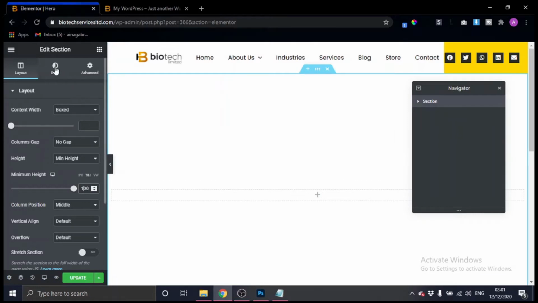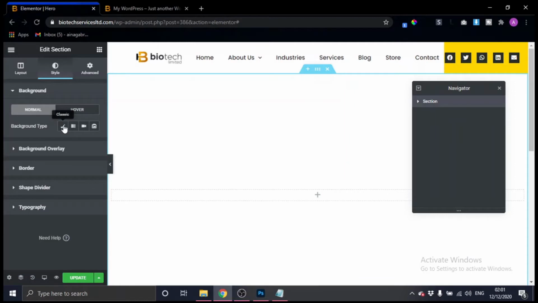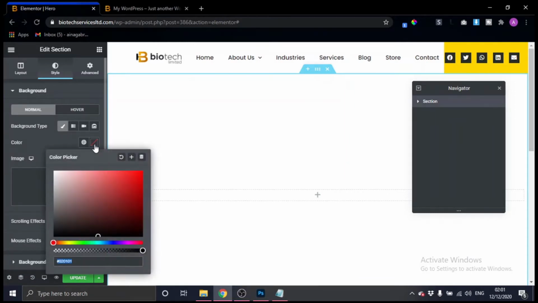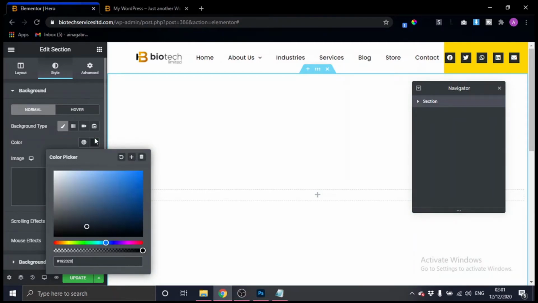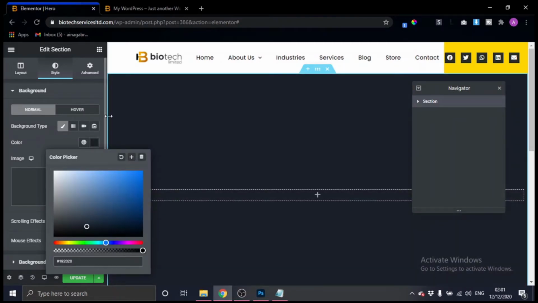And then I'll be coming down to the style section here. I'll be changing the color of this. I have my color code already, and if you want to follow along, you can use my code too. So I'll make it 192028. That is the color we used, in the description if you want to follow along.